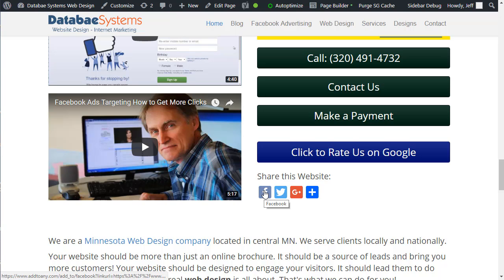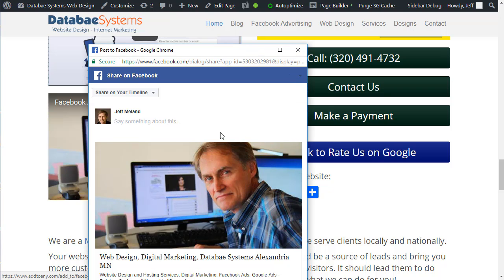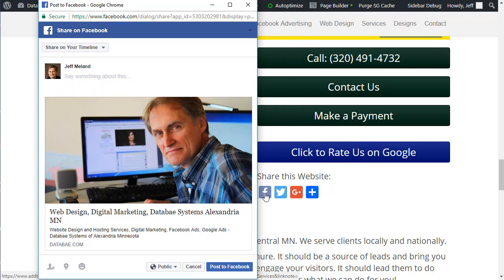So if you click on the Facebook link, it doesn't bring me to Facebook. It opens up this little window and it says share on Facebook. So if I have a visitor who's visiting and they click that little Facebook icon there, it's not going to bring them over to Facebook. It's just going to bring this up, and then it allows them to share my website on their Facebook timeline,